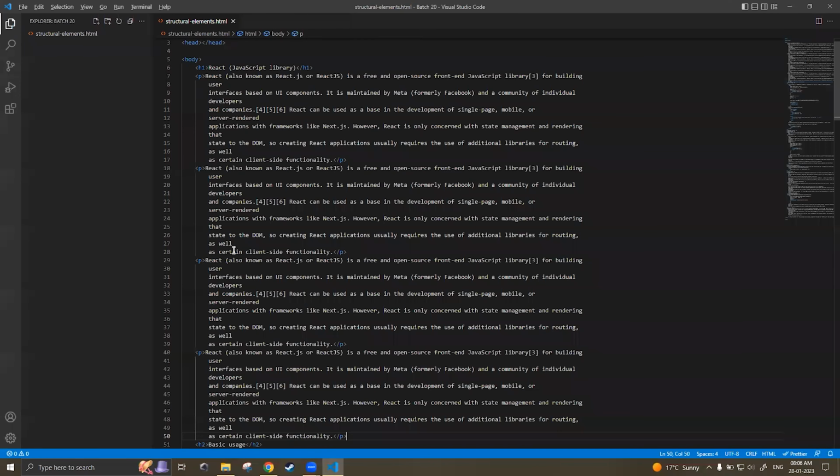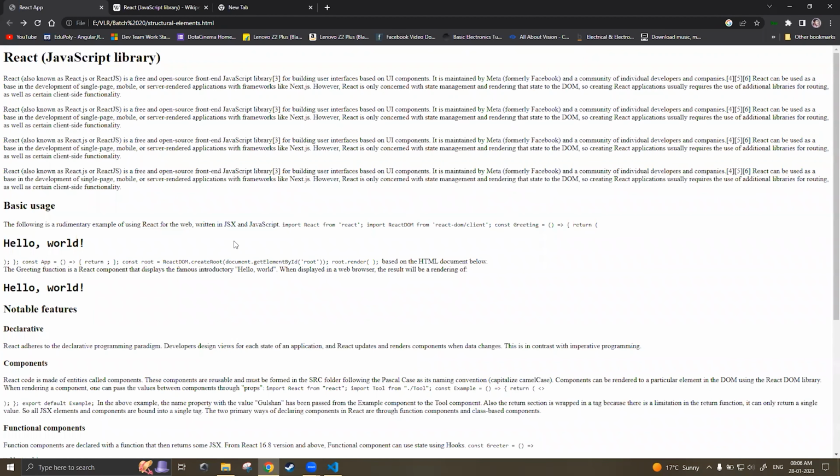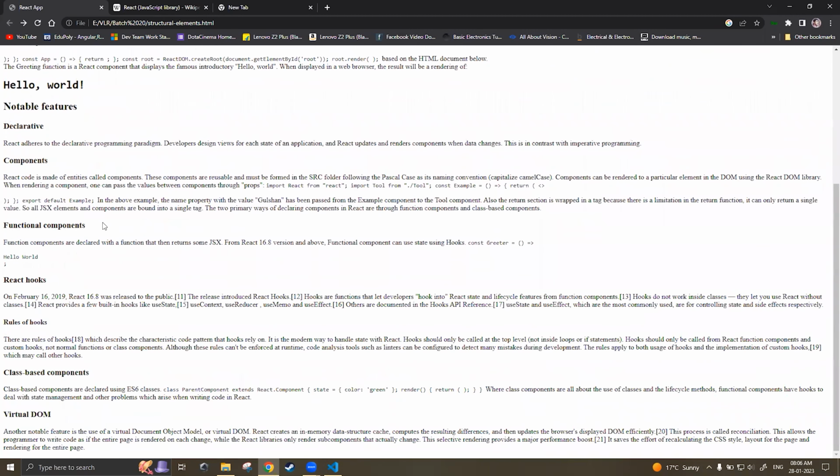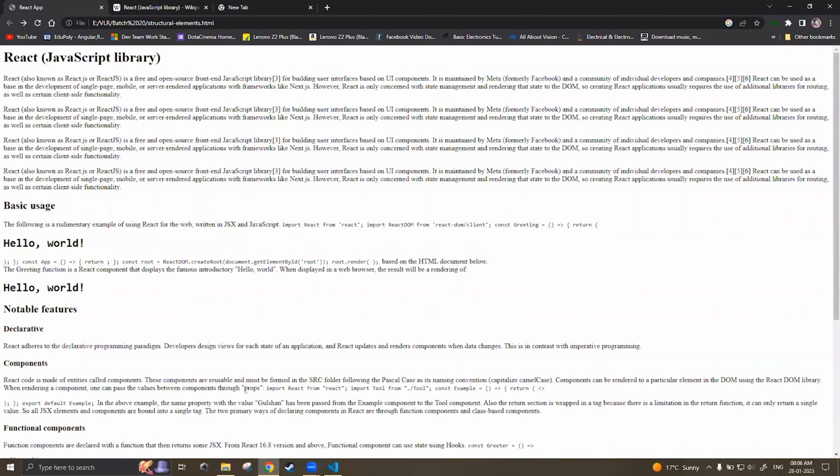What happened? Okay, I didn't save it. Yeah. So the React JavaScript library is here. Basic usage is here. Okay. Then functional component is here. React hook is here. So like that, virtual DOM is here. Okay. So what I want to do now is